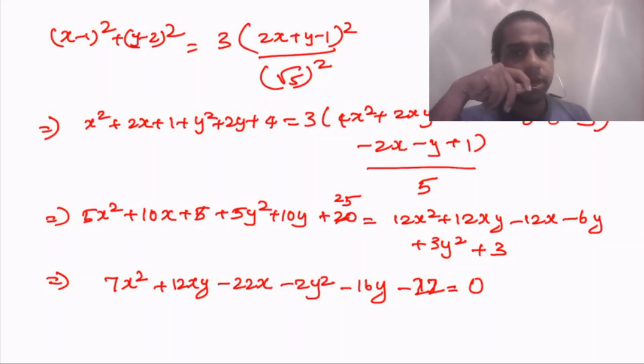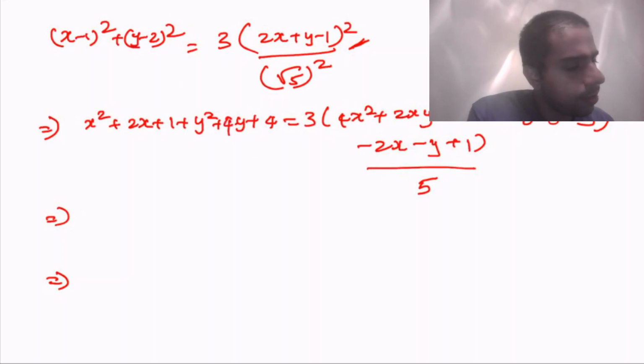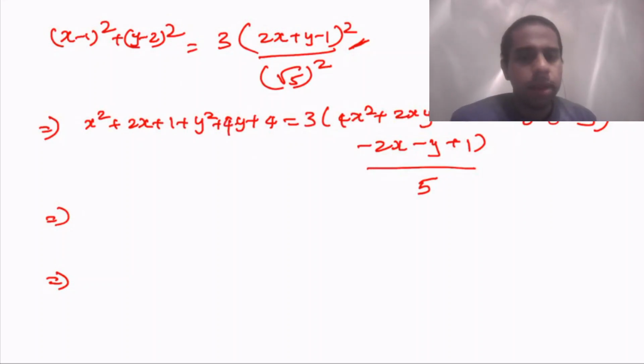I'm just expanding this equation. I'm writing it there. I'm sorry for getting that part cut out. I'll just write this, plot this equation in Desmos graph, and let's see how it turns out. Sorry, this means I made a small mistake. This is 4y. So by solving, you get